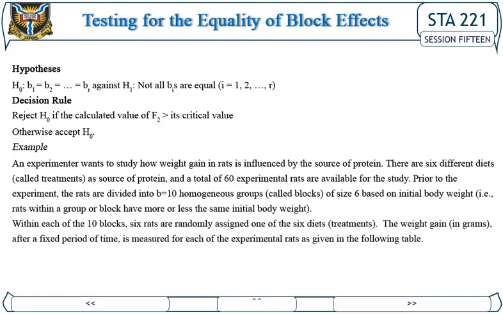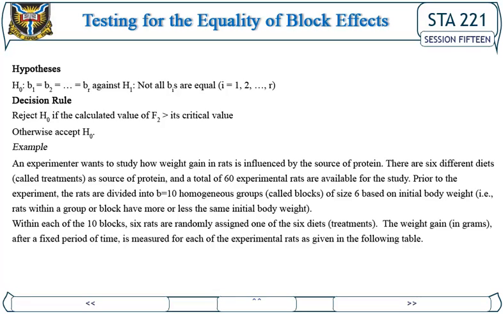Testing for the equality of block effect. Hypothesis. Decision rule. Reject H0 if the calculated value of F2 is greater than its critical value F alpha with (R minus 1, (C minus 1)(R minus 1)) degrees of freedom. Otherwise, accept H0. Example. An experimenter wants to study how weight gain in rats is influenced by the source of